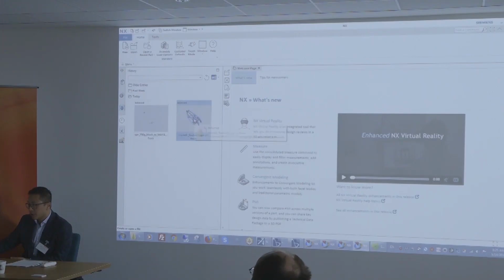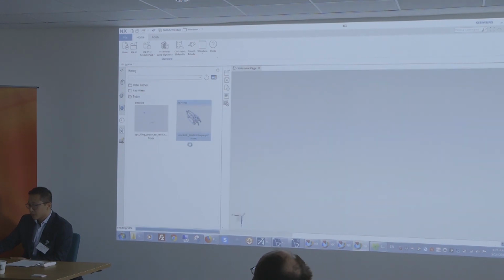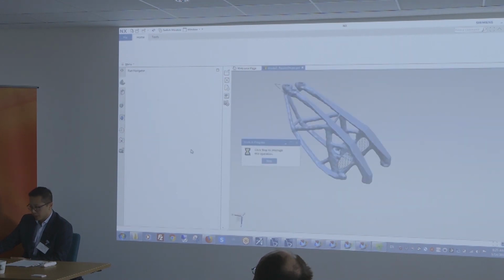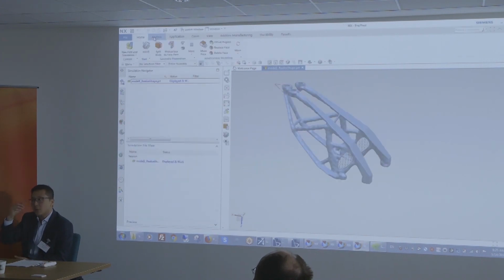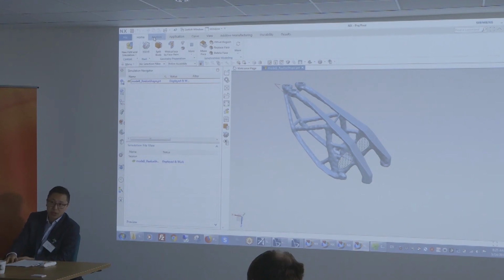So if you have the mesh, let me just open it here real quick. There you go. In ANSYS, let's say you do a topology optimization and you get a result. As long as you can export that result into a neutral format, you can always bring it back up in SimCenter 3D. Now the question is, let's say you remesh that geometry, can you export it back to ANSYS afterwards? Yes, you can. You can also reuse the ANSYS solver afterwards on that same mesh once you've imported it back in SimCenter 3D. But the key here is the export of that resulting organic geometry from the ANSYS solver.